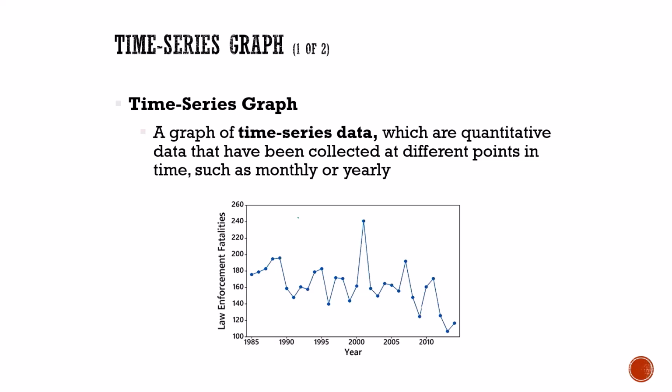Does anyone see an outlier here? One like up there, yeah, you see it. Any thought about what this might be? Law enforcement fatalities in that year, yes. There was an event. Does anyone know what event that is? Look at where it is on the time scale. Yeah, that was 2001, because what happened in 2001? 9/11, those are all the brave policemen who went to the Pentagon and the